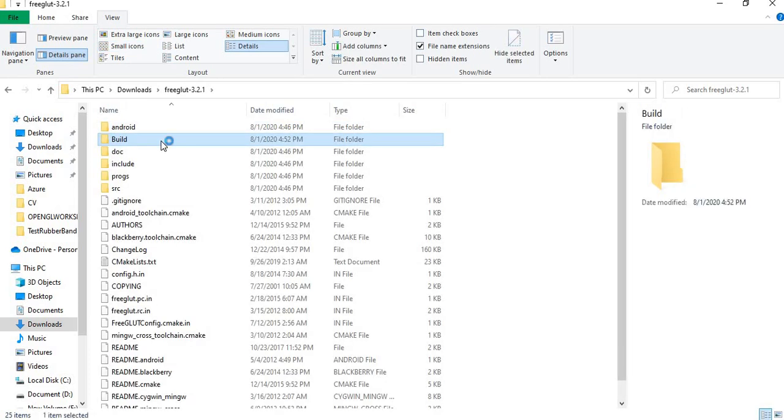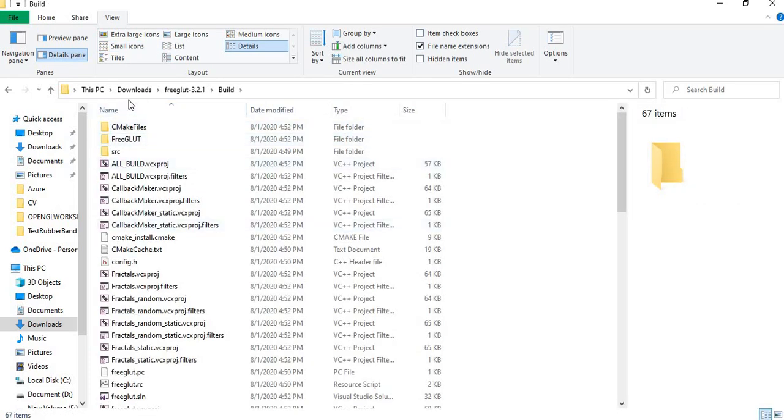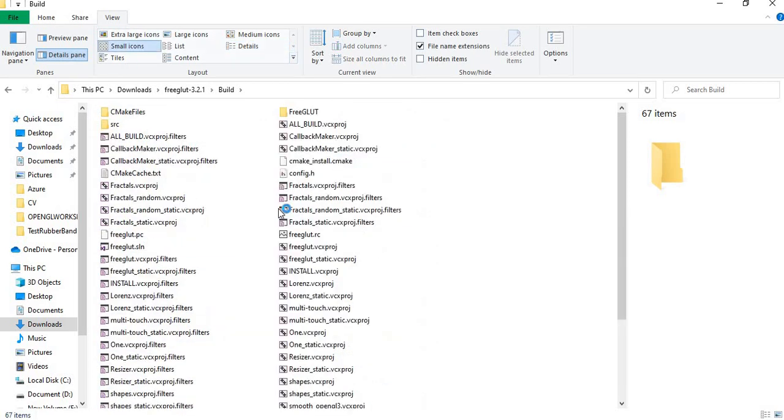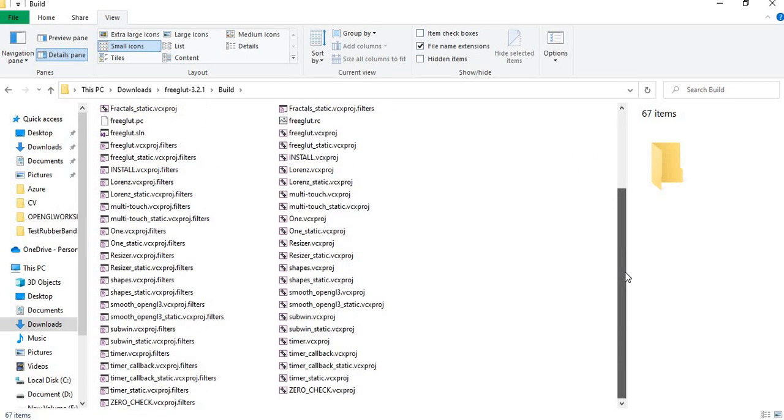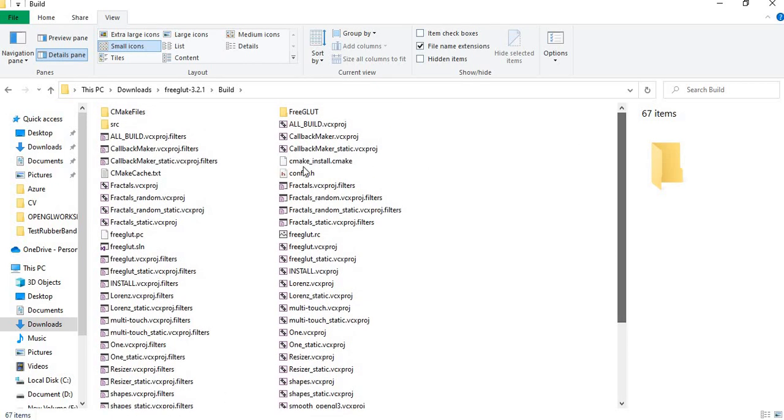We can see inside the build that all these VC projects are created with all the GLEW functionality, and we can use freeglut.sln to build.